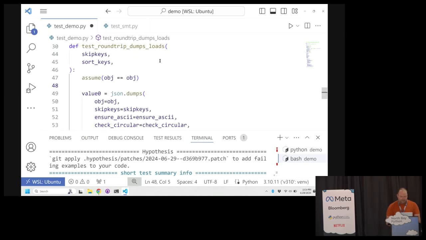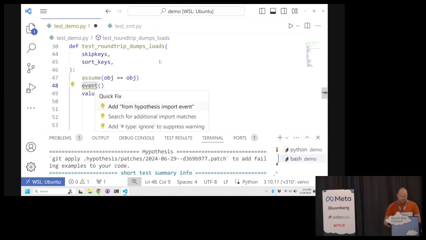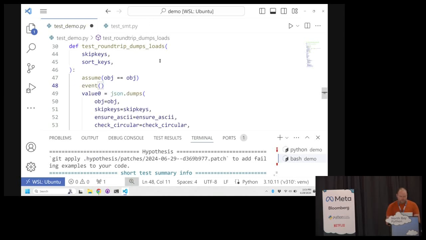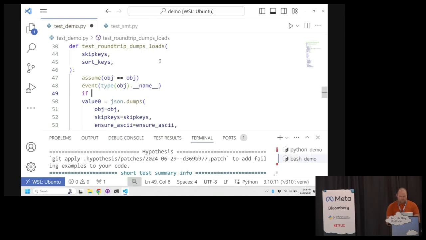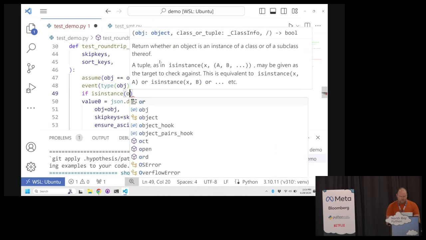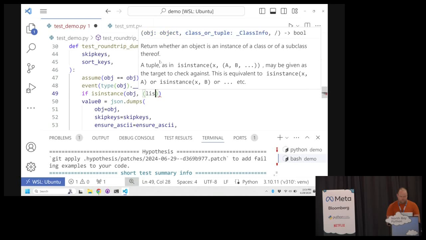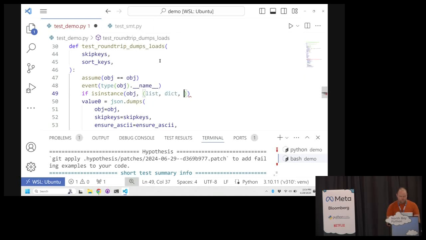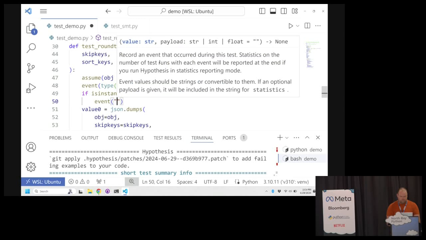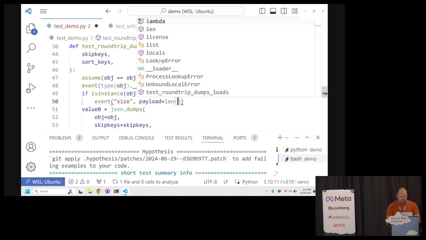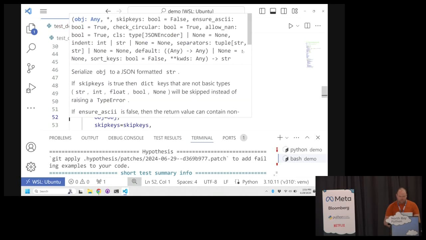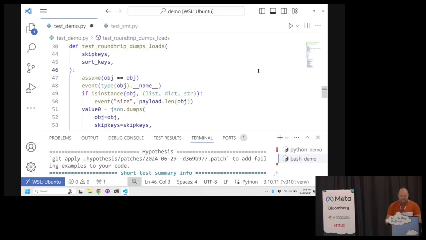Okay, let's add... Okay, so we've just added a little bit of metadata here.